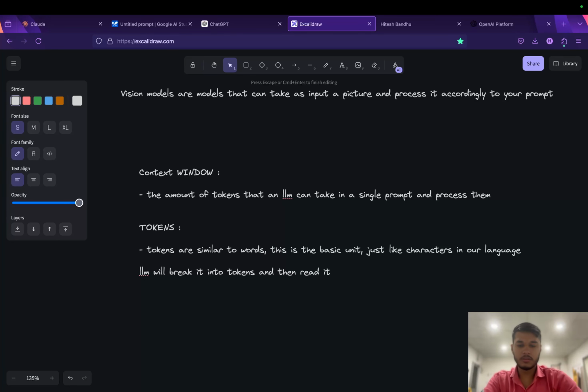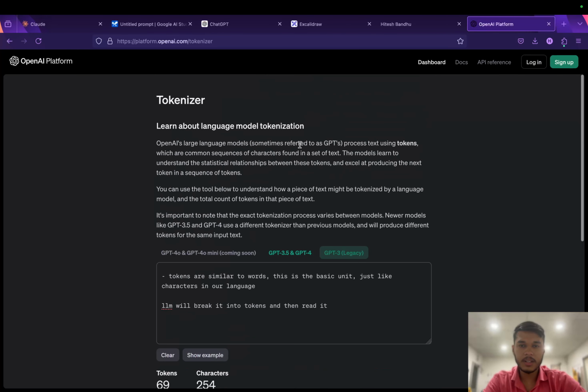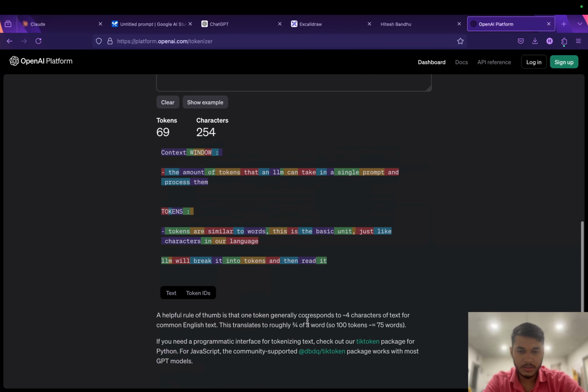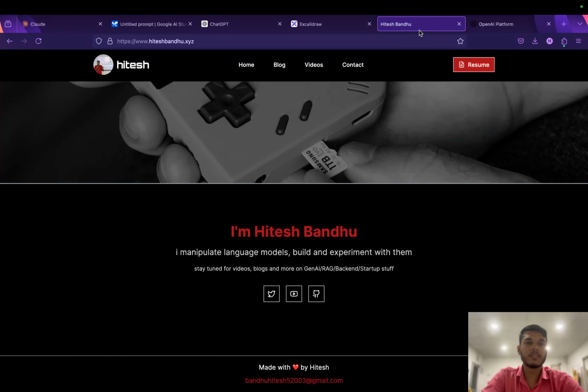Okay. So a good approximation. You are like, how will I approximate the cost? It is all, I think, written here. A good approximation is 3/4 of a word. A token is just 3/4 of a word. So 100 tokens are equal to 75 words.